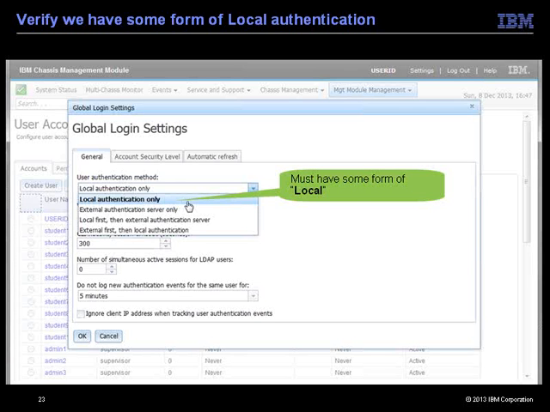But if you come into your FSM and you've decided you're going to use LDAP instead, and you're going to authenticate against some LDAP server, you might have something like external authentication server only. If that's selected, we're going to have problems authenticating with the FSP when we go to discover the node from the HMC. So actually any of these options will work except the second option, the external authentication server only. That option will never work. But if you do local authentication only, or local first, or even external first and then local, any one of those other three will work. Just don't select external only.